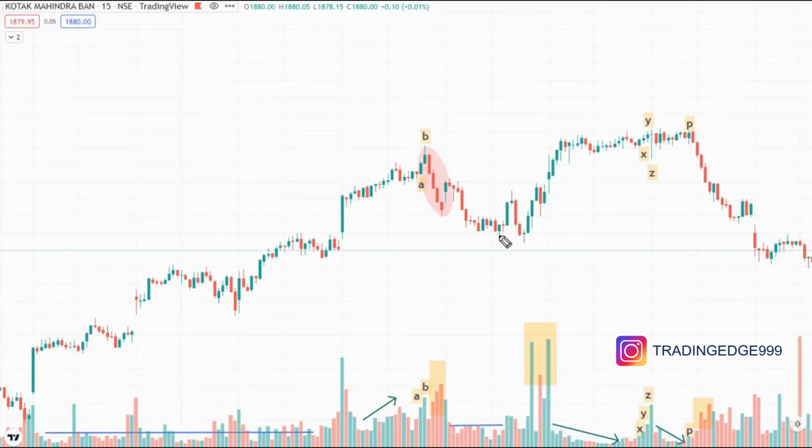Again buyers tried to push the prices towards the upside with an increase in volume, but what happened? The sellers here were very strong, and they again pushed the prices towards the downside with an increase in volume. Buyers tried to defend this level and push the prices towards the upside, but there was a rejection candle with an increase in volume. See, similar sized volume,